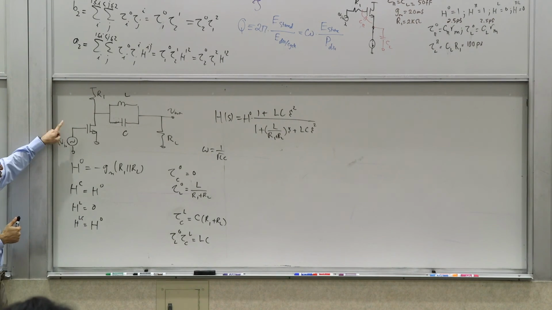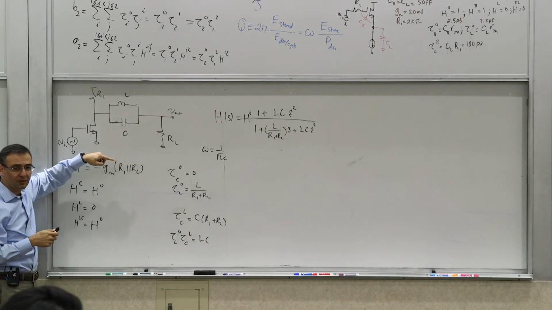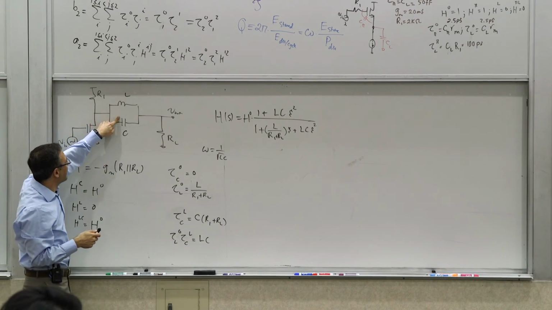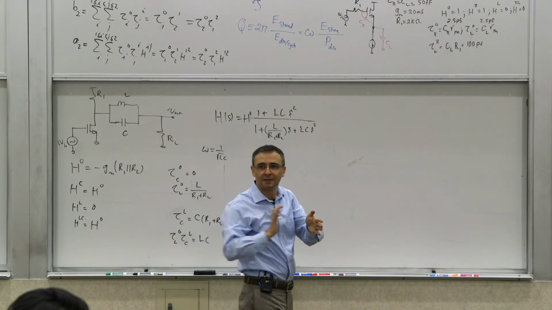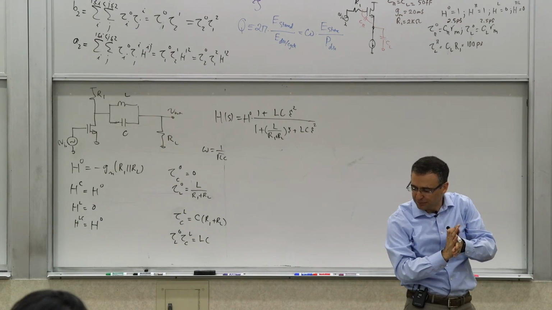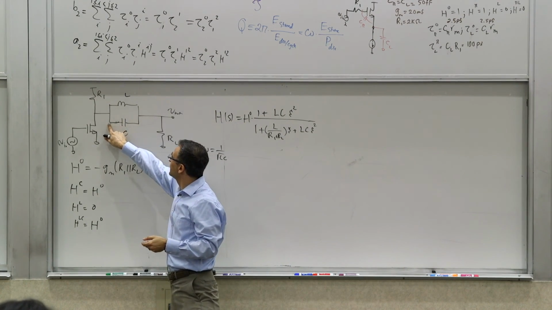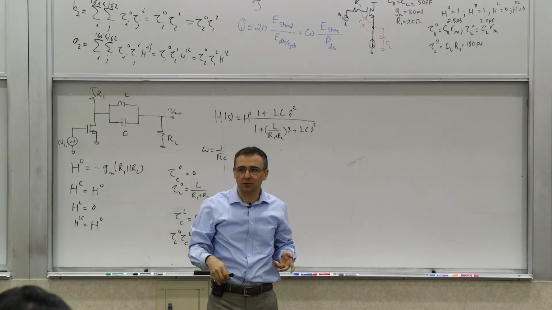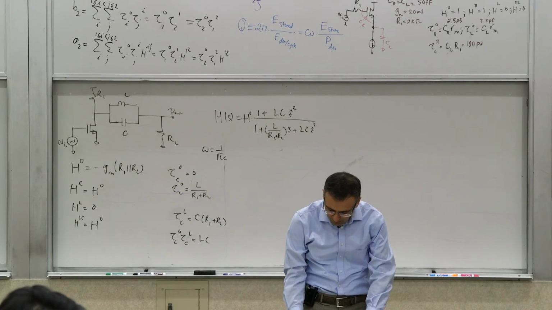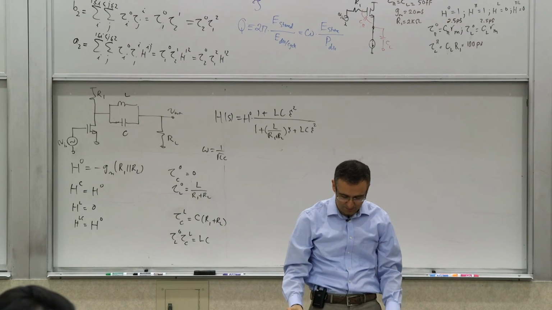If you drive it with a sinusoidal input at the frequency of omega 1 over square root of LC, it's a band stop. This is a notch. It will block it completely. Of course, you don't have an ideal L and ideal C. They always have some resistances associated with them, so the blockage would not be perfect in a real circuit, but it would still be there. Okay, so that's another